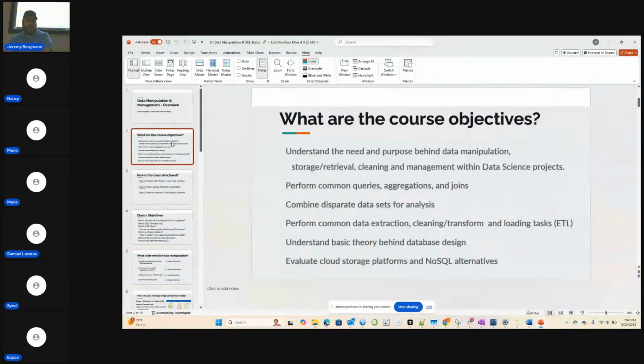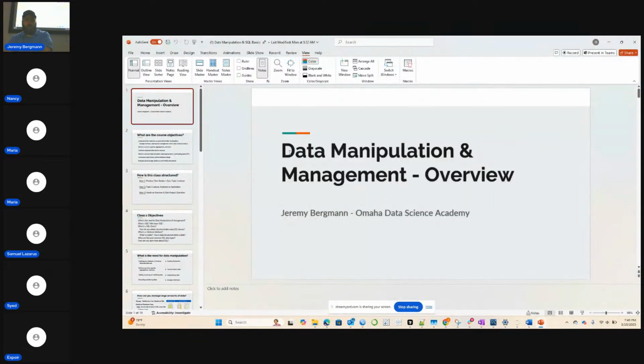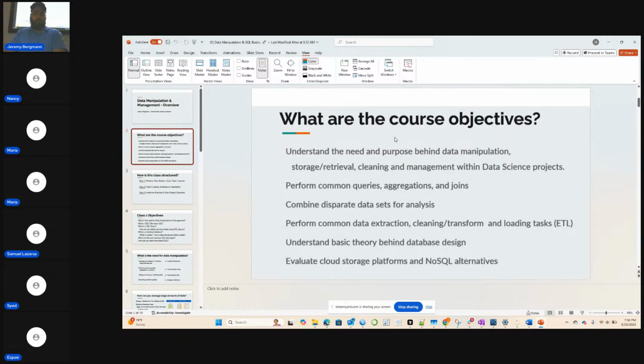Okay. So lecture 1, data manipulation and SQL basics, an overview. I've mentioned it quite a bit so far, but this is understanding how to use relational databases for managing data. So extraction out of systems and storing it in a relational database, and then being able to manipulate it with the SQL programming language.